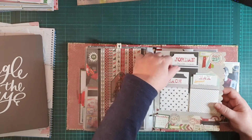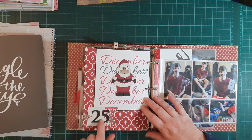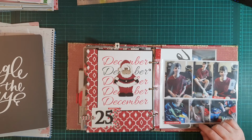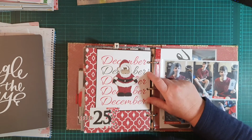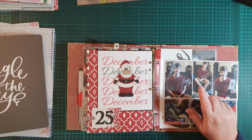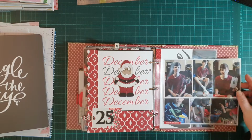So that's just pockets attached to a cardstock piece on the back. 25 for Christmas Day. I've coloured in a Santa. I made this myself just on a Word document, I believe. I obviously hole punched it wrong because I've got extra holes in there. Never mind. And this is the page that when it's closed it hangs out, but I'm not worried because this